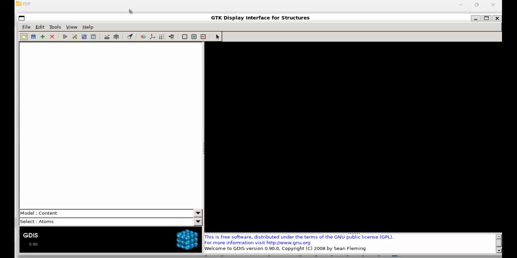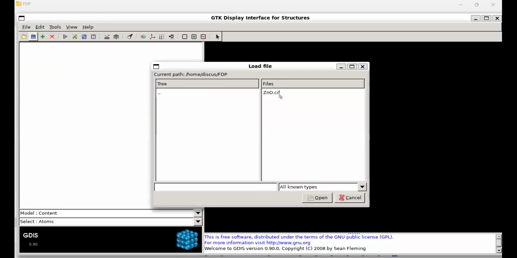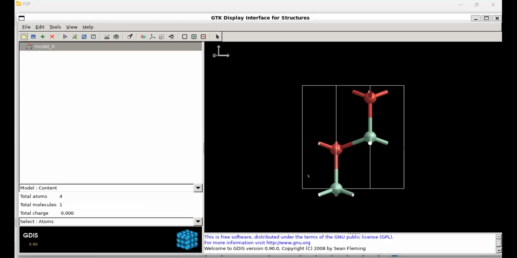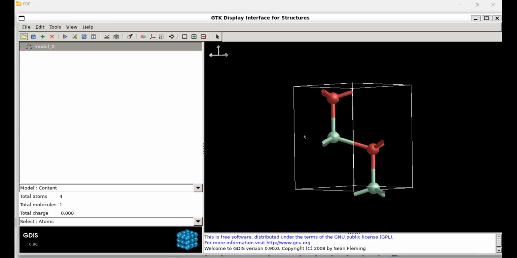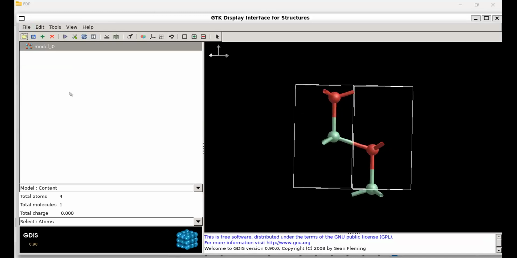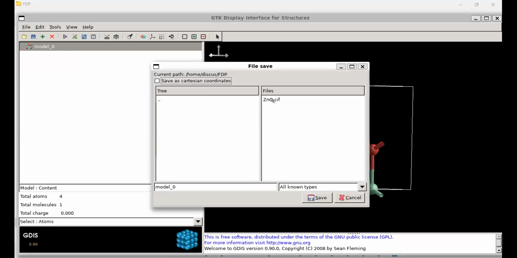In this window, the first thing is to open the cif file. When I open the cif file, I will look at the geometry and everything of the system. After that, I will save this as a cif file again, because the cif file downloaded from the Materials Project sometimes makes issues with the FDF file we create.